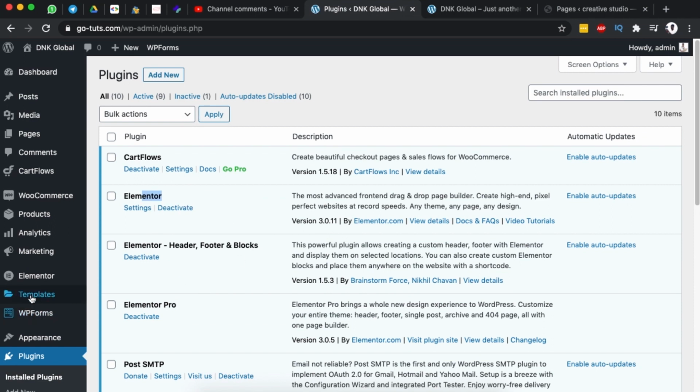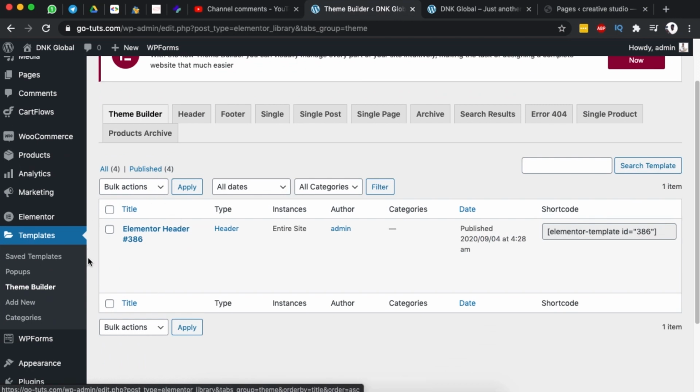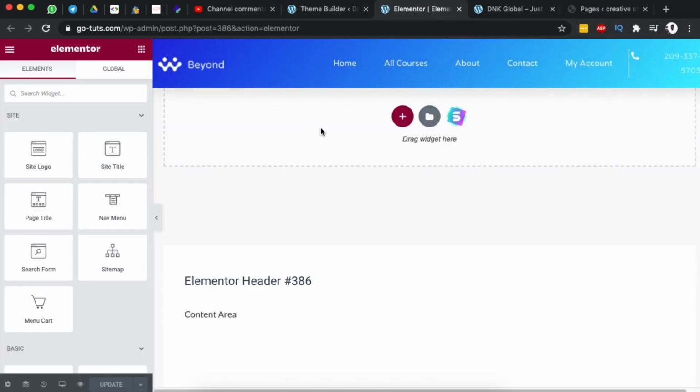They are all 3.0. When I go to the templates and I come to the theme builder, you realize that I have a header created using the theme builder. When I open this up in Elementor, you will note that the header is appearing over here in our theme builder. Okay, now to make sure that this header is transparent in Elementor Pro, we're not going to use the